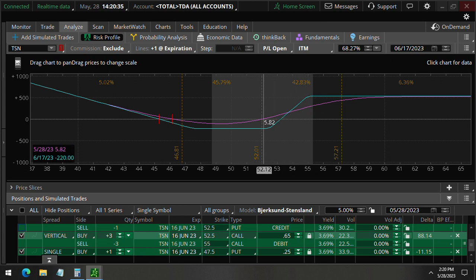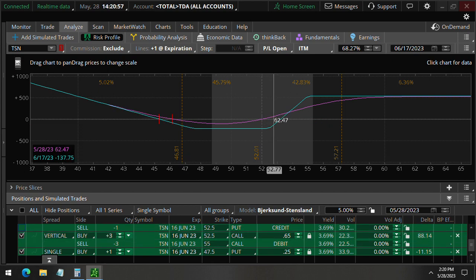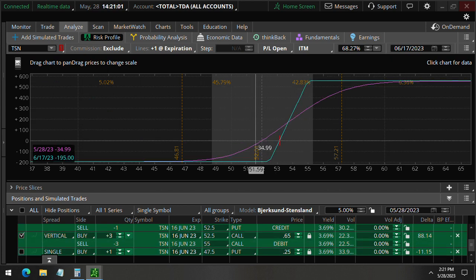And at the same time, hedge our trade in case it starts to drop below this 47 and makes a new low. We would not be at a loss, because anything below that 47 will be above that zero line, and so we can still risk this type of trade, this vertical spread here, where we were essentially risking